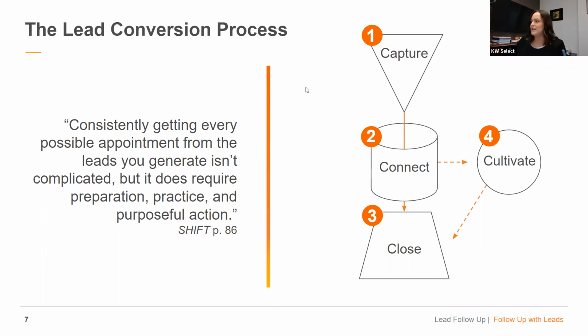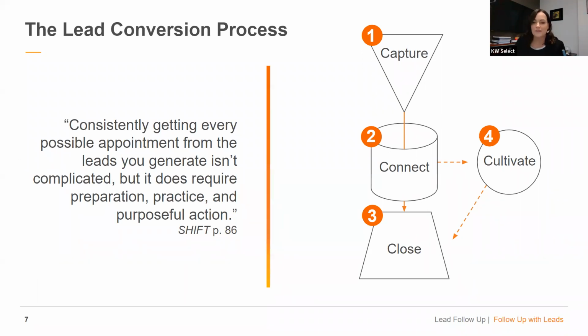So this is the process here in the model. Starting at the top with lead capture, you have to be able to capture the person's information, enough information, correct information, to be able to contact that person. Then you move to connecting, which is the second step, which is when you're building that connection, gaining more information, because with capture you're just getting their contact information, but then you want to find out what their intentions are, what they are looking for, and just building that trust and that relationship. Okay. Then you go down to close, which is closing the appointment. Of course, without the appointment, conversion hasn't happened. So that's where you're trying to get to.